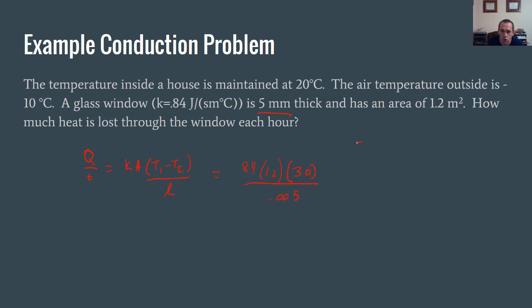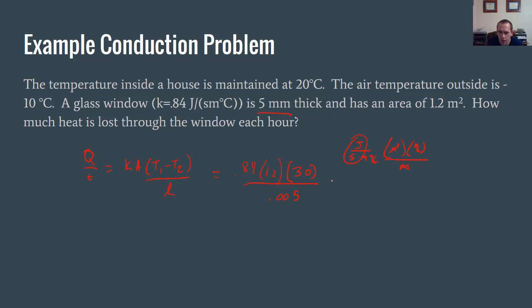We have joules for our constant over seconds times meters times degrees Celsius, multiplied by square meters for our area, multiplied by degrees Celsius for our temperature, and divided by 0.005 meters for our length. You can see this meter and this meter work together to cancel that meter. This degree Celsius cancels that degree Celsius,